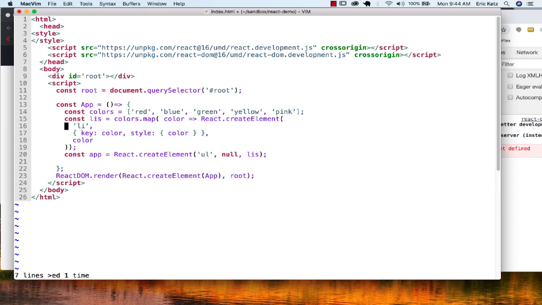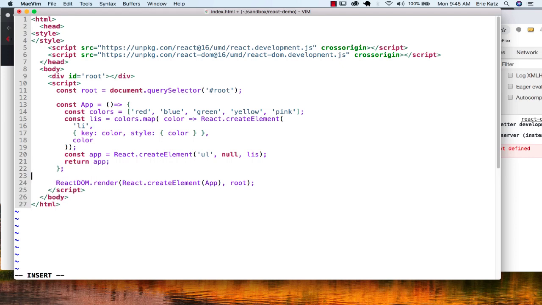So I'm just taking all this code, and instead of doing it really just in the global namespace, I'm going to have some reusability by going over here and specifying that I want to create this element called app. And as long as this is a function that returns a React element, which create element does,